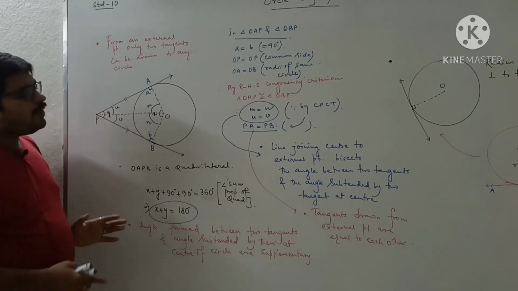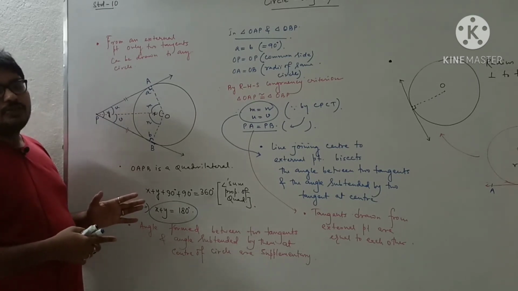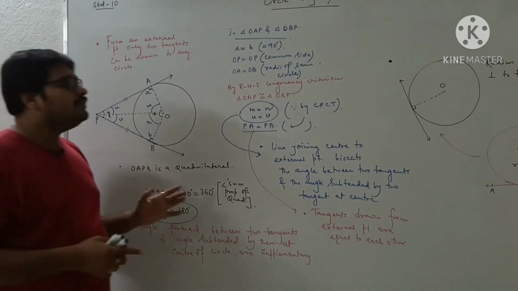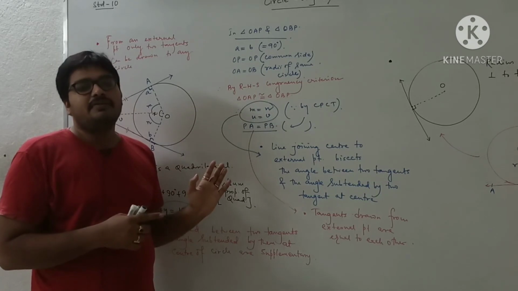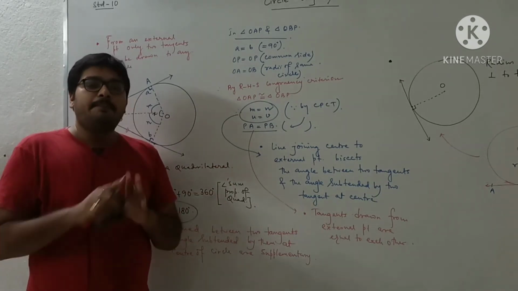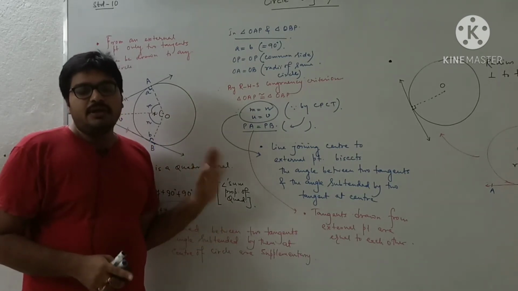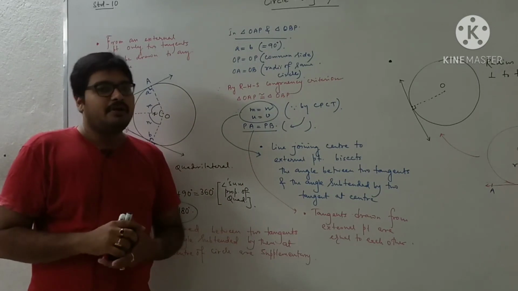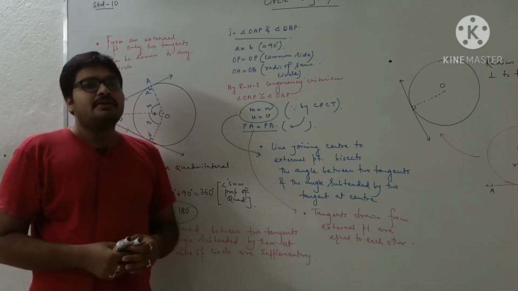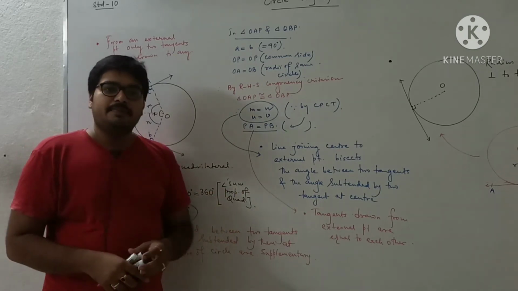So whatever properties we have given, along with their proofs, one thing to do is write all those properties and all those things whatever we have done in your copy. Write there a brief note on circle, then whatever we did on the board, complete everything in your copy. Tomorrow we will start with the sums of circle. Before that, you must know all the properties properly. Thank you.